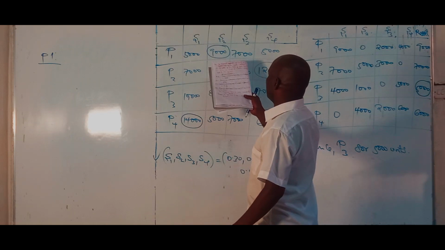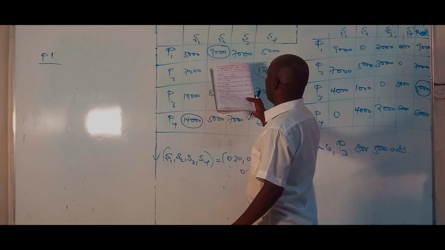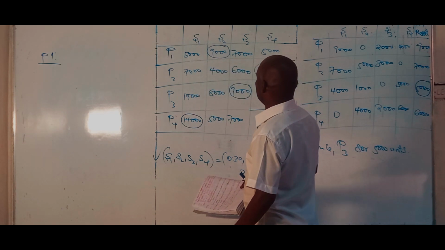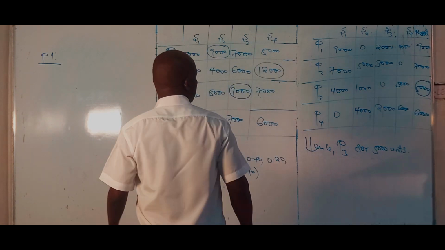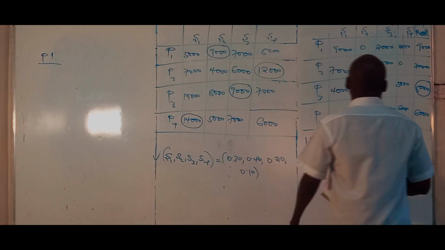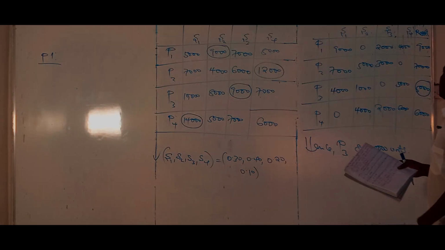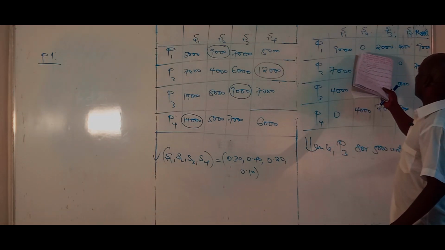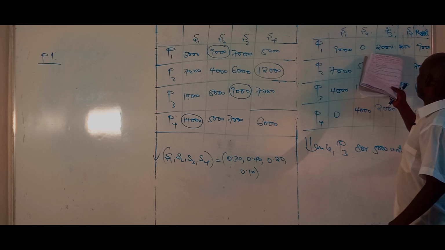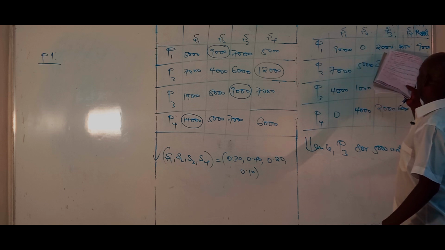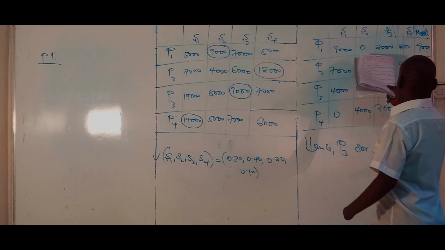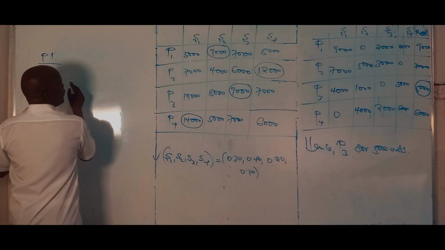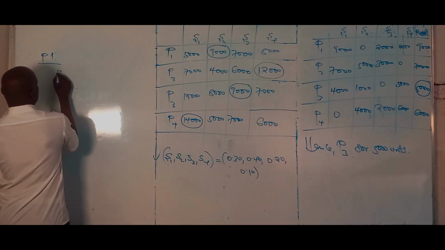That is 9,000 times, for product 1, it will be... just a minute. It will be 9,000 times 0.3, 0.4 times 0, 2,000 times 0.2. So using this and this, we should have for P1 is 9,000